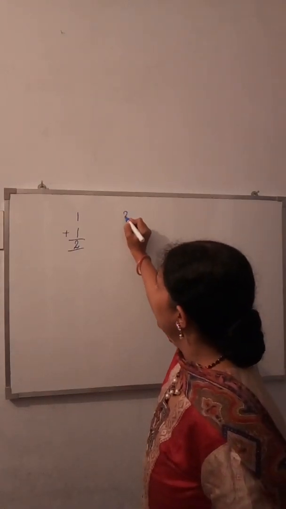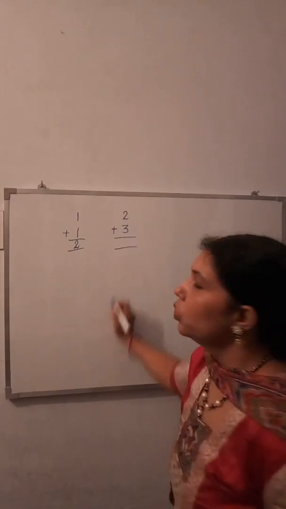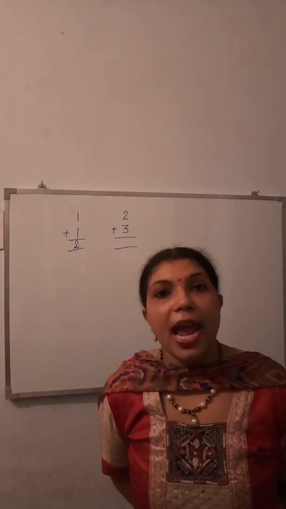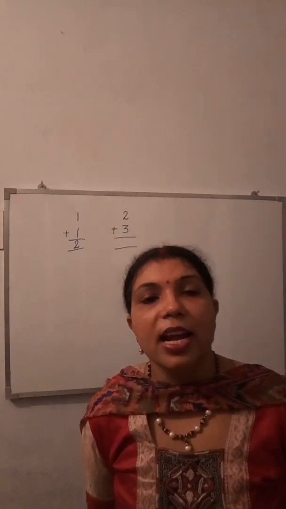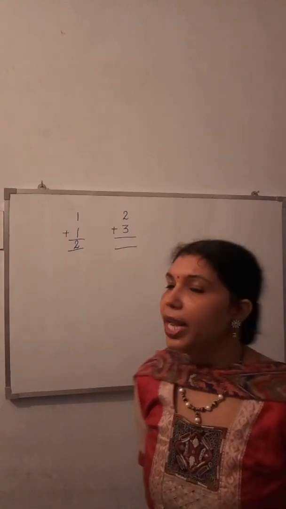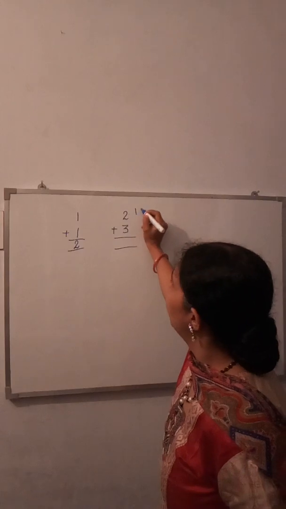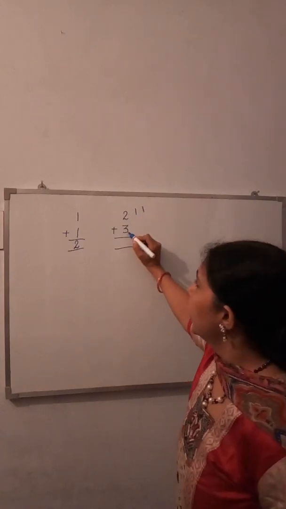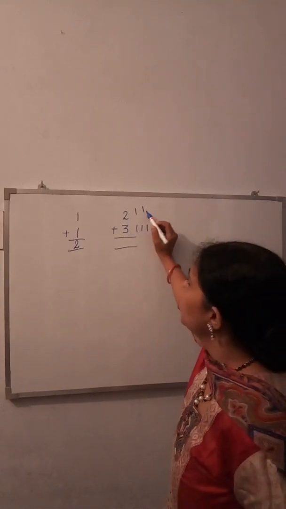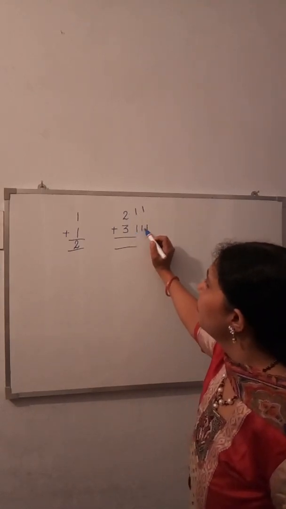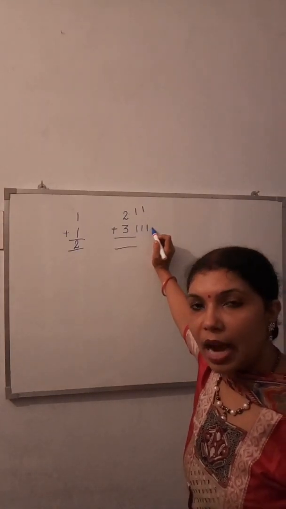If here it is written 2 plus 3, now what do we have to do? We have to draw the lines for understanding how many numbers there will be. Upward it is written 2, means we draw 1, 2 lines. Here written 3, 1, 2, 3. How many lines? 3 lines. Now what do we have to do? 1, 2, 3, 4, 5. We have to count the total. We have to add it.